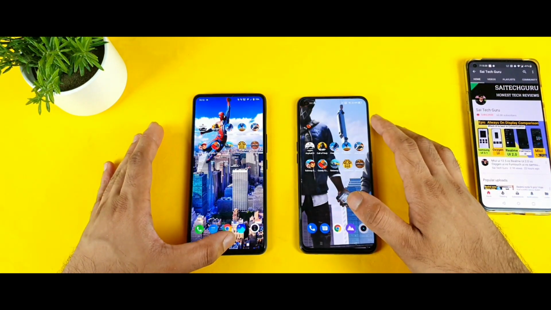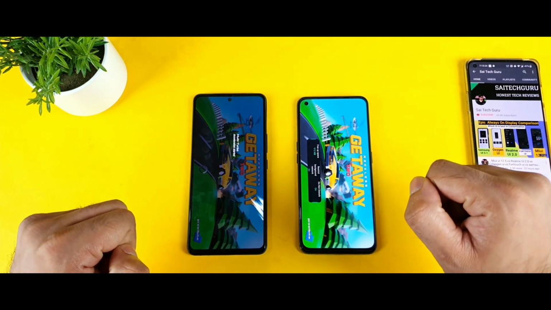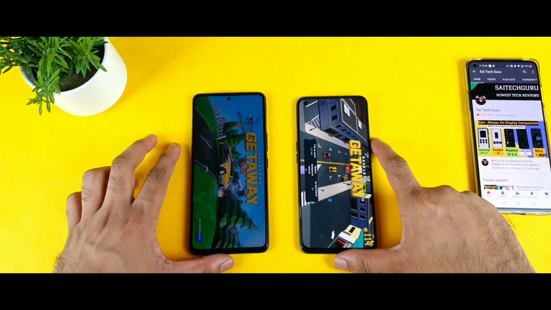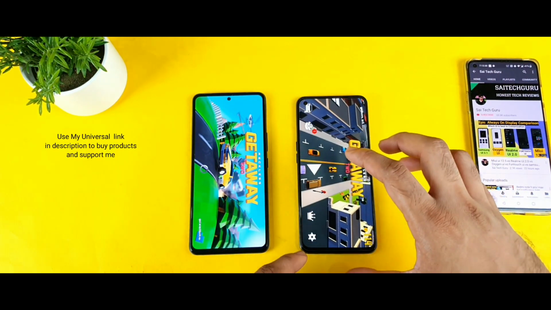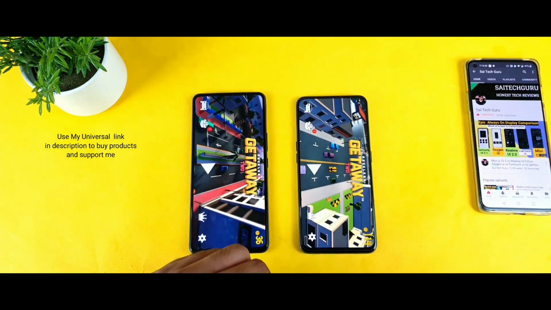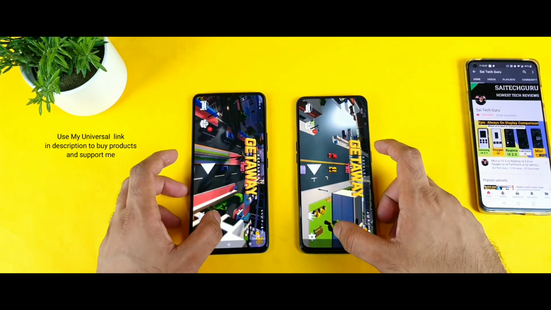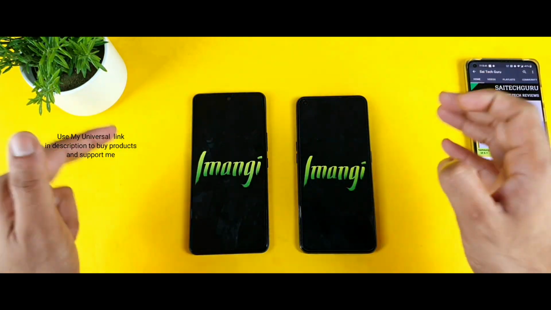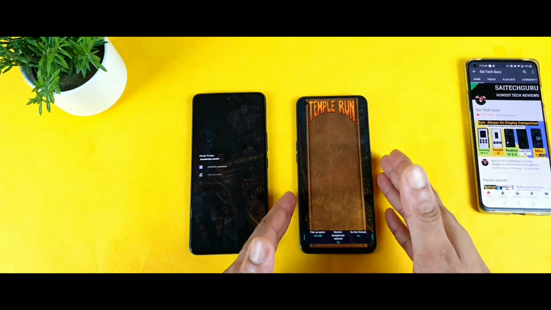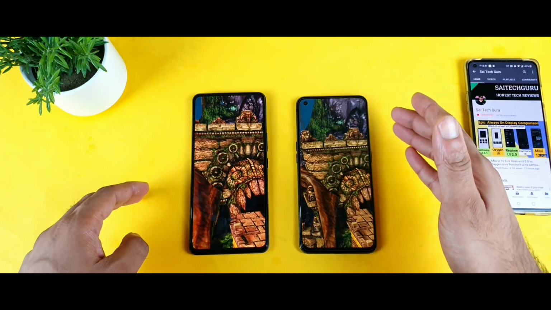So let's move to the next game, which is Getaway 2. At the same time I clicked in both phones, Getaway 2. So first we got booted in the Realme X1 Max. So this game only sometimes will get really booted up faster, friends. So only the Realme X1 Max is the winner in this case. This is the one game which the Realme X1 Max wins. And that game supports 120 FPS, but this phone doesn't support 120 FPS. Yes, the software optimization is not that great in the Realme X1 Max.